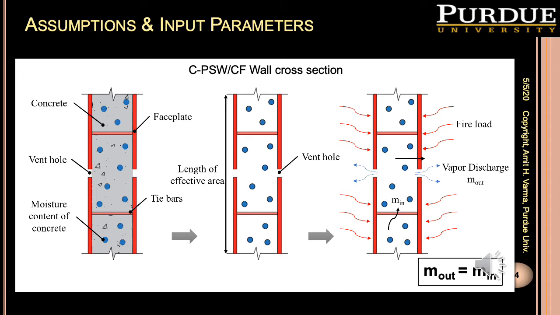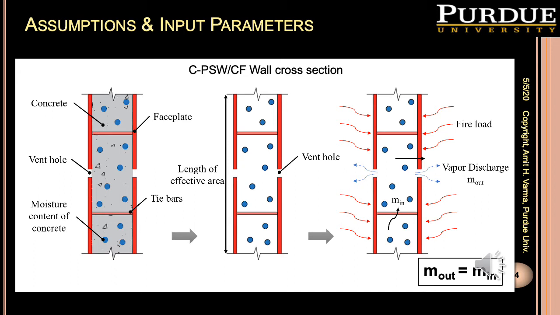This schematic shows how this method works. What we're looking at here is a cross section of the composite walls, where we've got the face plates, the concrete infill, and then we are showing the moisture content of concrete as blue bubbles in there. And what we're considering is that you have the moisture in there, and as you start applying the fire load, and that fire load starts increasing the temperature of concrete, your free water and then also the chemically bonded water,